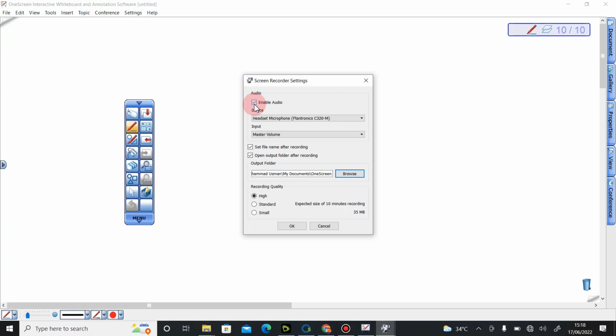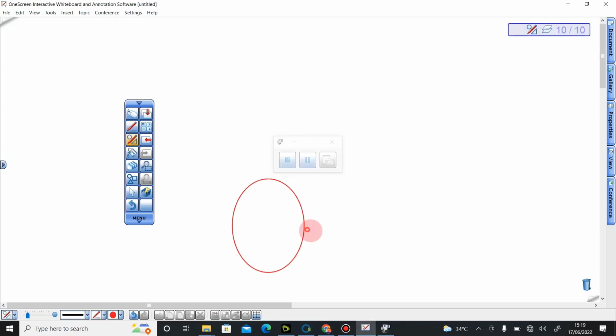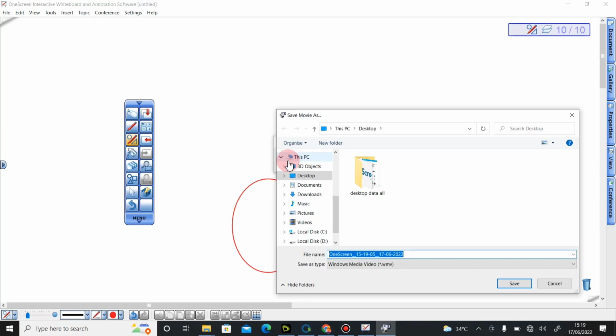Down here we have few more settings where you can set the destination path and then the recording quality in which you wish to save your videos. Once done, simply tap on this red button to start screen recording. Once you are done with the work, for example, I'm drawing some shapes, simply tap on the stop button and it will automatically take you to the destination path where the video is going to be saved. You can always change the name, and this video is easily playable on the default Windows